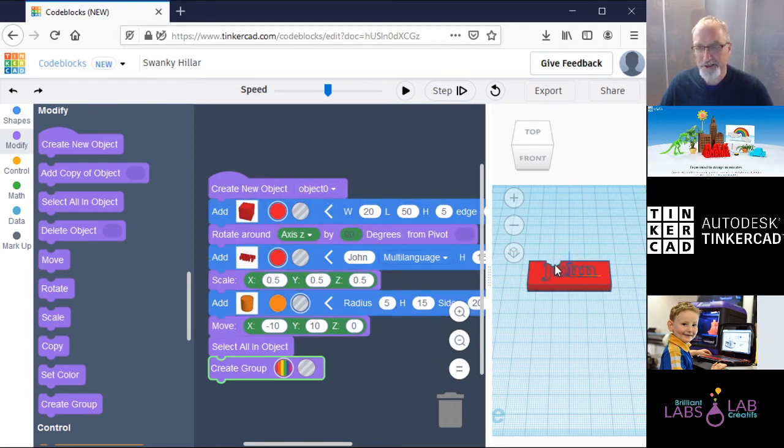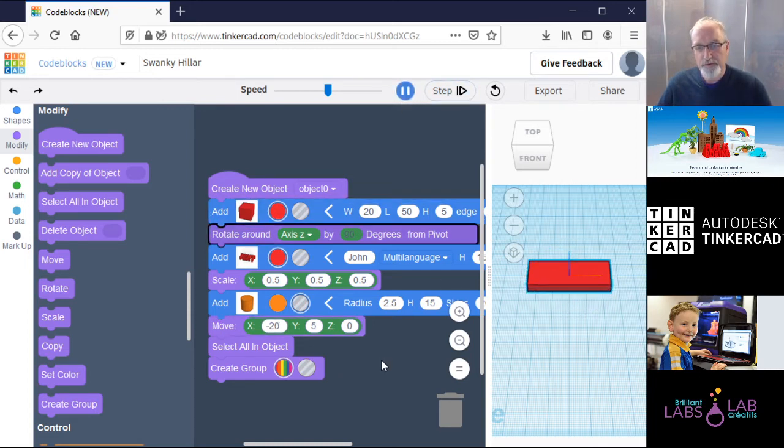Now notice my cylinder is still in the wrong position. I can adapt that, move it into a position again so I can make it. So minus 10, it wasn't bad, so I'm going to go minus 15. And I'm going to go Y 5. And I'm going to make the radius 2.5 because my cylinder is a little bit too big. And there you go. I'm getting it closer and closer each time. Minus 20. And through